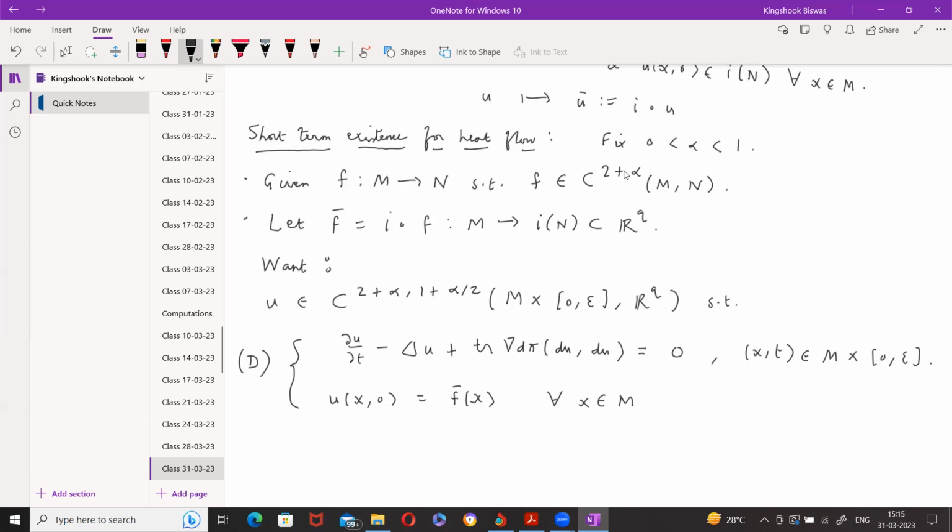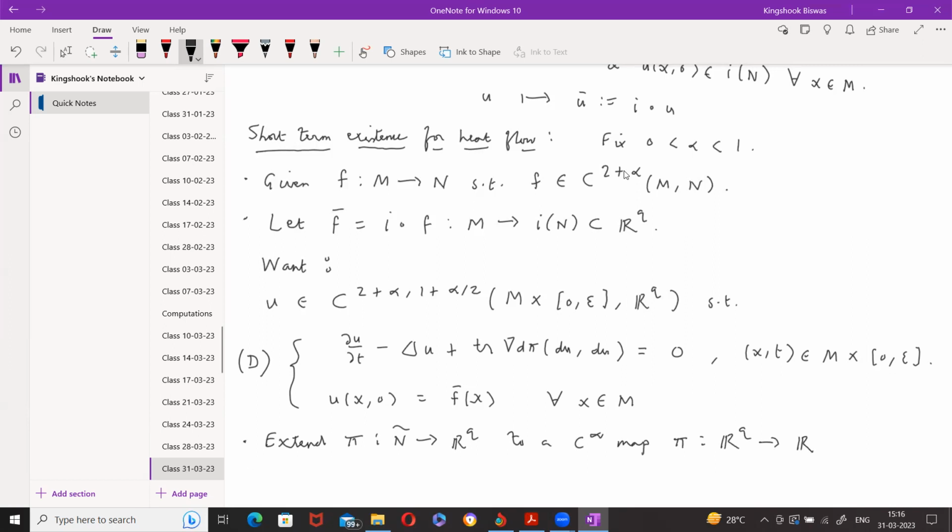So the first step is you extend pi. So pi is defined on n tilde, right? So extend it to a smooth map which I will also call pi from all of RQ to RQ,